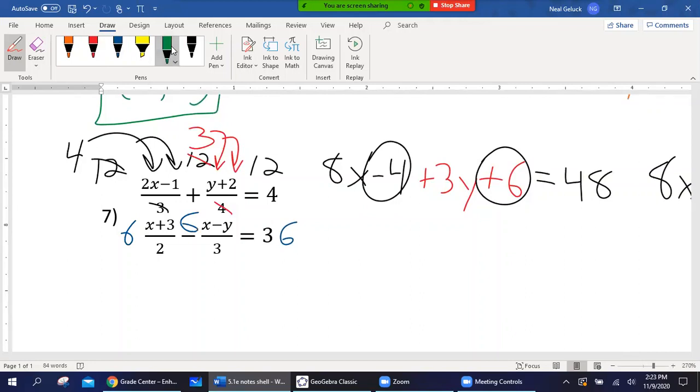So the first one, 2 goes into 6 3 times, so 3 is getting multiplied. Give me 3x plus 9. For the second one, 3 goes into 6 twice. Now be careful here. This is a negative 2. That's going to get multiplied to the x minus y. So that's going to give me minus 2x